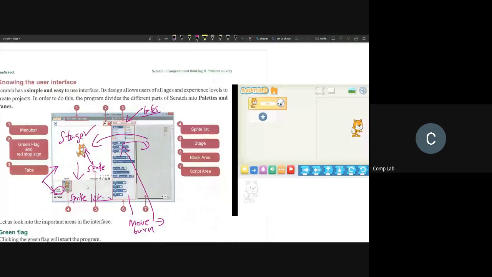This area where you have all your blocks is called your block area. Let me write that down neatly. So this is called your block area. Next, you can drag and drop those blocks in a specific place, and this specific place is what we call our script area.